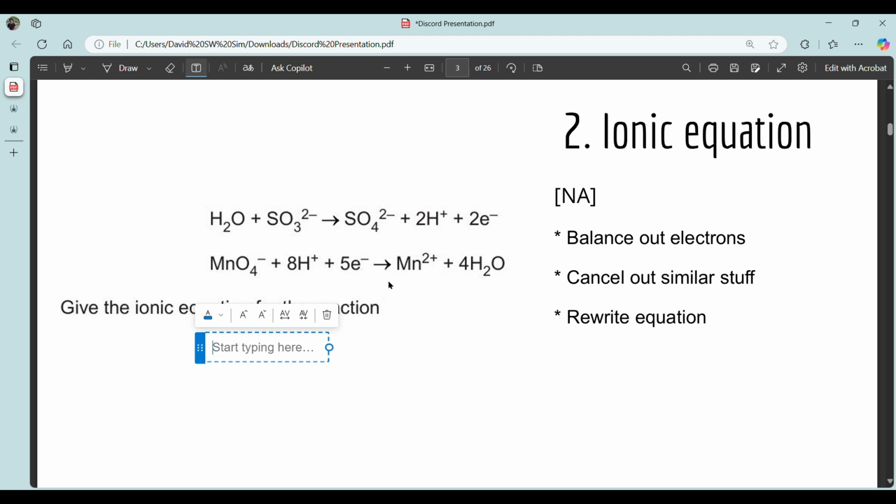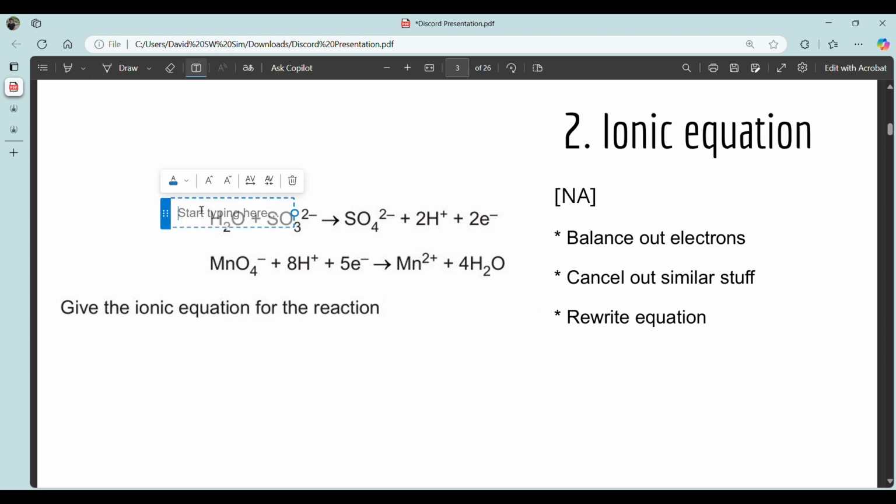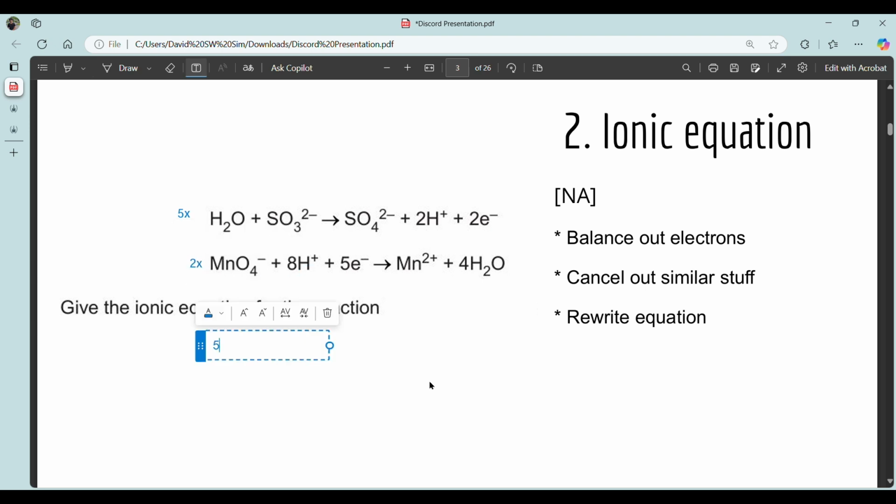For an ionic equation, the electrons must cancel out on both sides. 2 electrons, 5 electrons on this side. The lowest common multiple is 10, so we need 10 electrons here and 10 right over here. To achieve that, we multiply this whole thing by 5 and multiply this by 2. So we basically get 5H2O plus